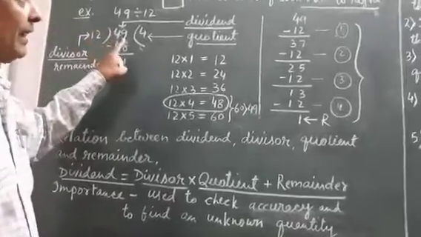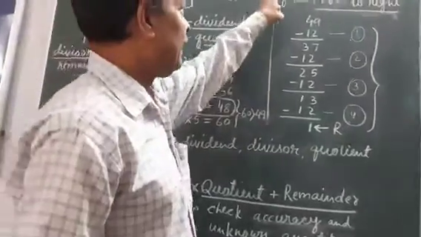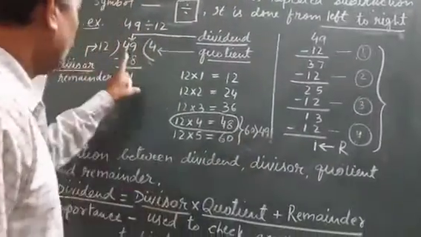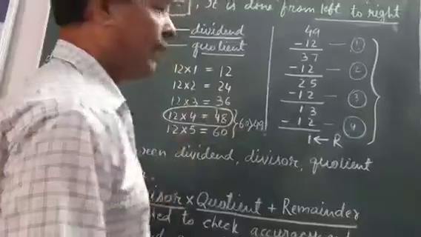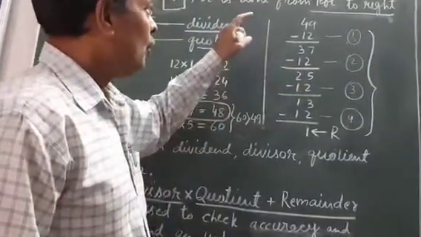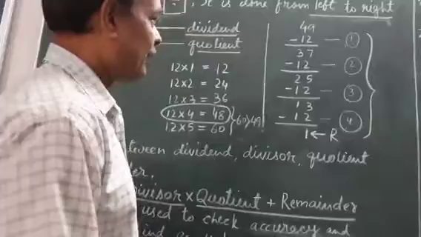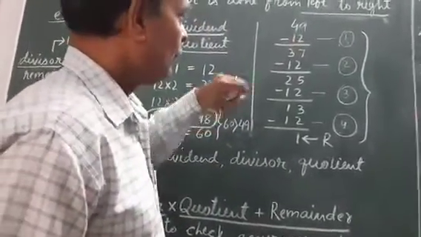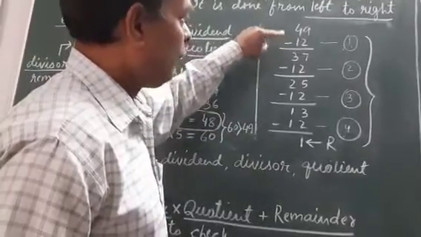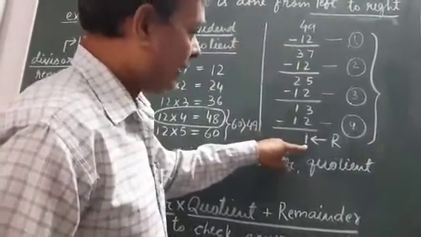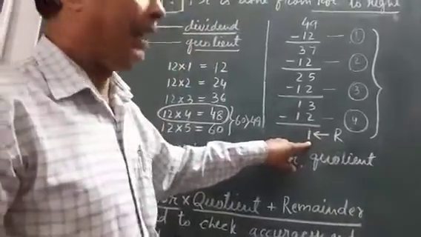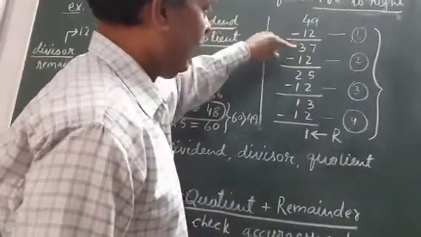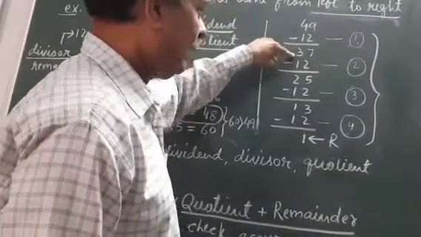Now this division can also be done as repeated subtraction. Let us see. All of you look here. 49 we have to divide by 12. To do it as repeated subtraction, each time we will subtract 12 from 49. We will subtract 12 from 49 until we get a number which is smaller than 12. So you can see, if 12 is subtracted from 49, the difference comes 37.